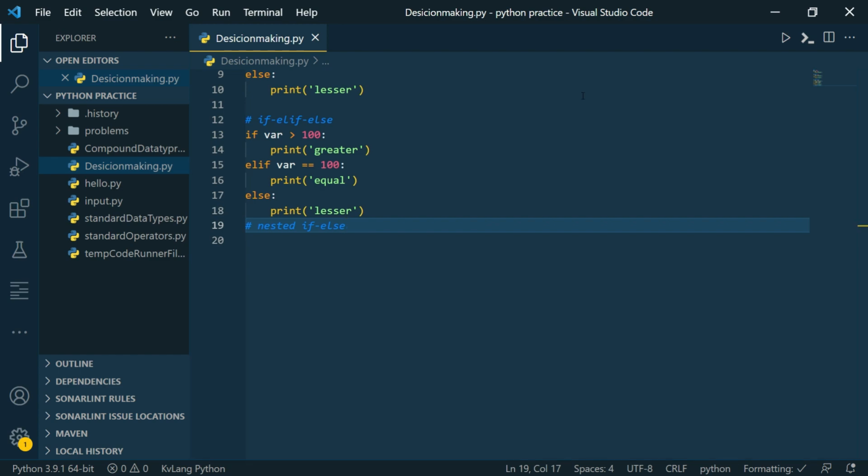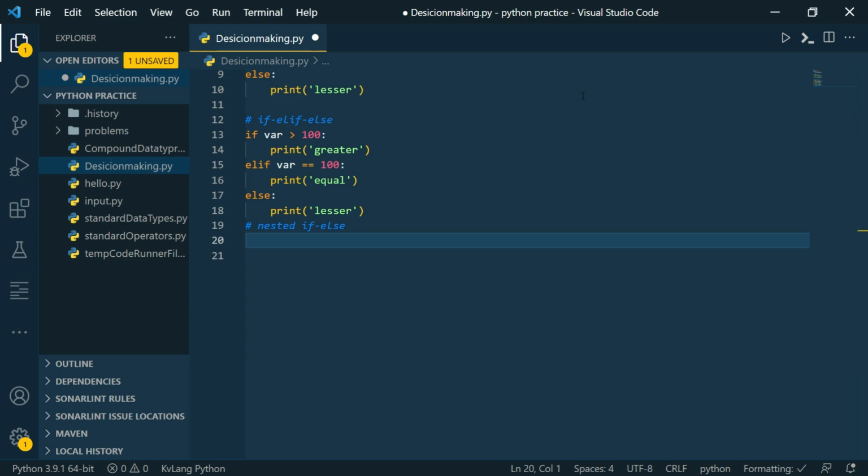Finally, the last part of our video is nested if else. This is a bit complicated. Actually, it's simple, but we need to understand that we are checking more than one condition here. For example, if we want to go outside, we don't always wear a raincoat. If we want to go outside and if it is raining, then only we will wear a raincoat.